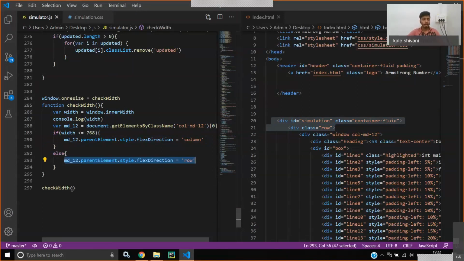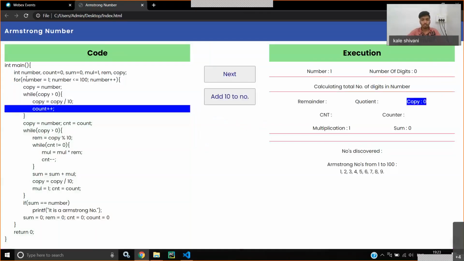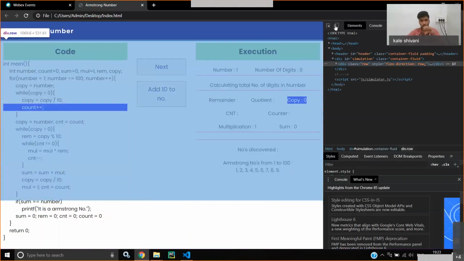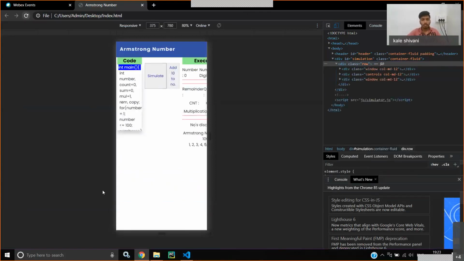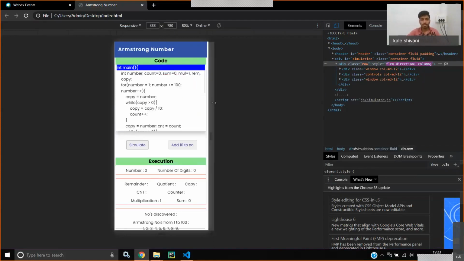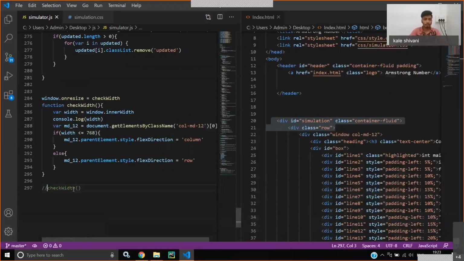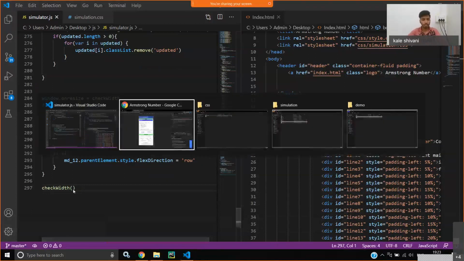And I'm calling this function because, let me just comment it. Let's say we are already in a mobile view. This is your mobile view, and if you refresh this, you see something like this. Why? Because the first time you are not calling the function, and as we resize it, it will call the function. So to avoid that, we need to call the function at least once.